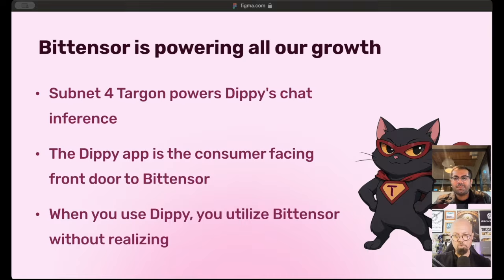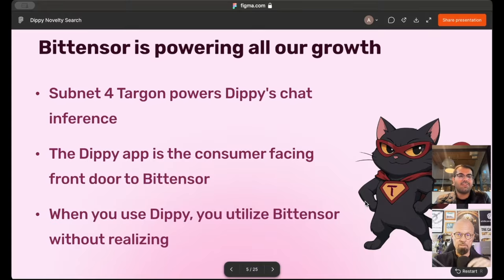And just to point out to people who don't know about this phenomenon of subnet stacking, where subnets use other subnets, Targon provides inference for 1/6, 1/7 the cost of anyone else. That's my understanding of how the numbers work out. So that cost savings is passed along to you. If you were to go somewhere else, it would cost you 6 or 7 times more, right? Is that correct? It's not 6 to 7 times, but close, yeah. Okay, so it's significant. Yeah, it is significant.